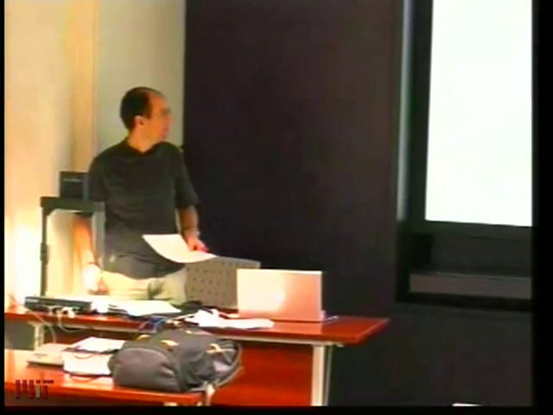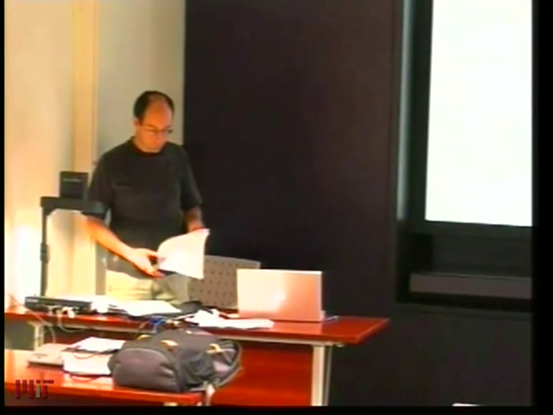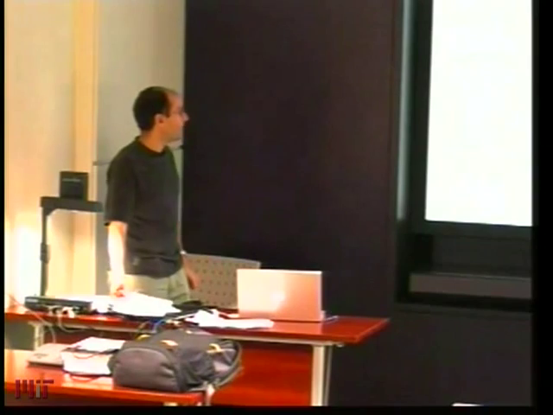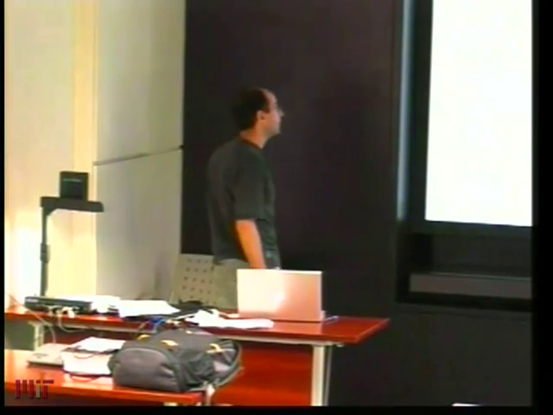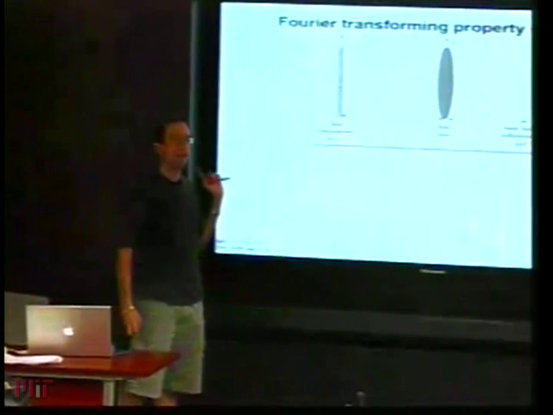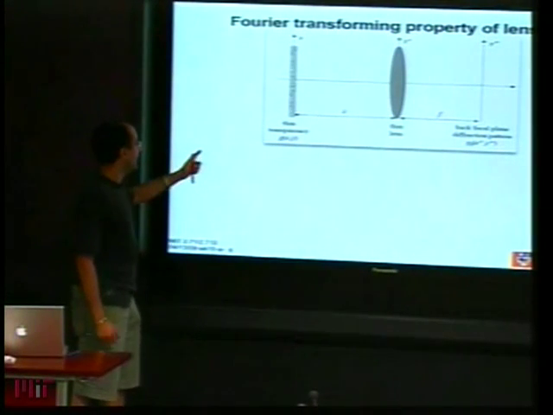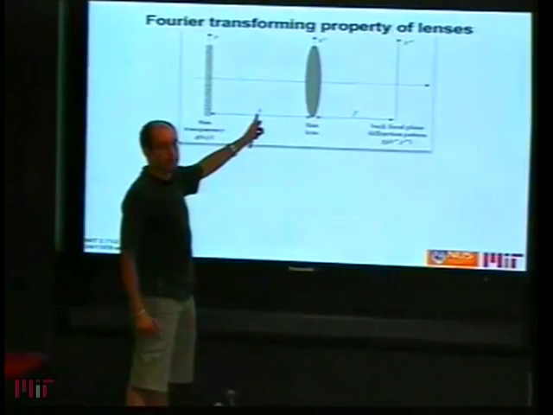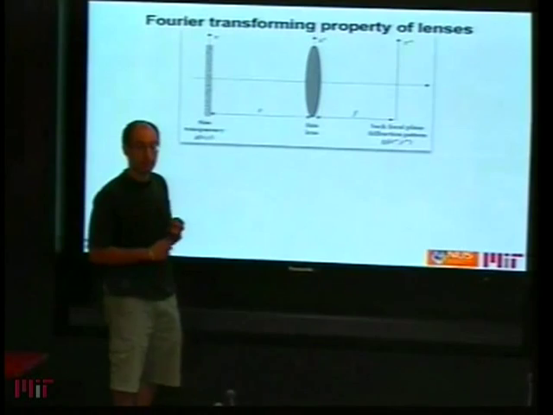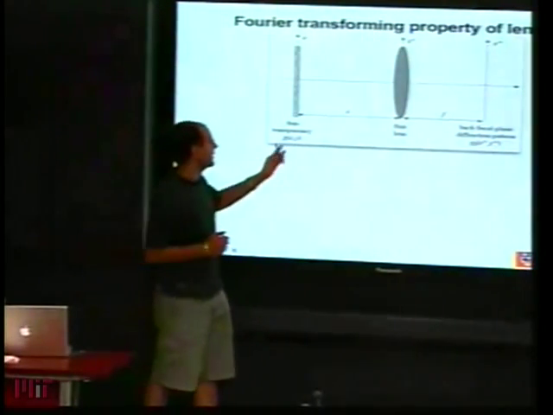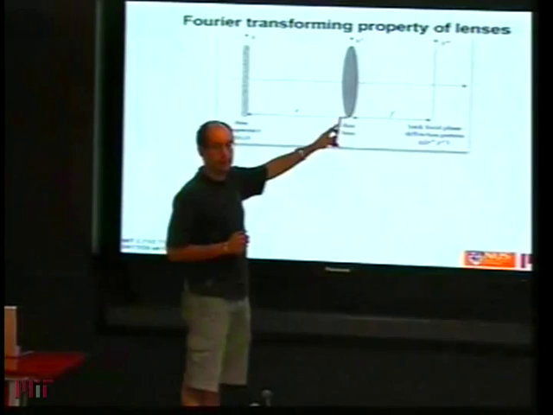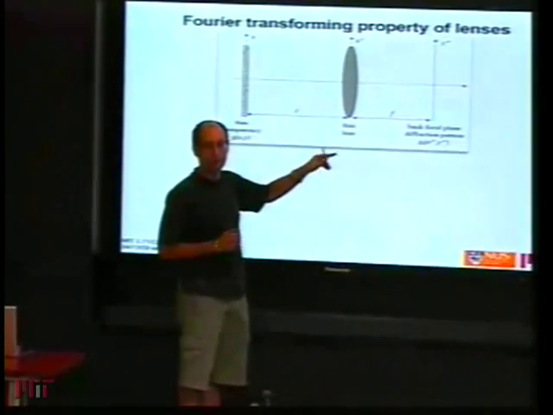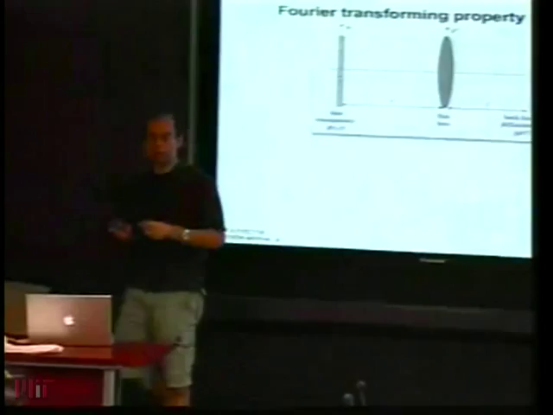The real result that I want to derive here, and I will try to do it carefully in the time that we have left, is the Fourier transform property. Actually, I will not do it for a special case. I take it back. I will do it for the general case of a thin transparency placed at a distance z to the left of the lens. Goodman does three cases. First he does the case z equals 0, then he does the case z equals f, and then another case, it doesn't matter. We'll just do it for the general case and we're covered.